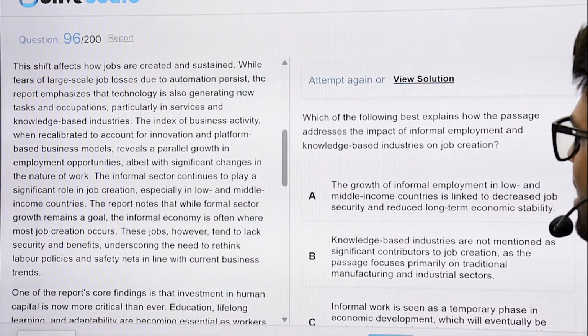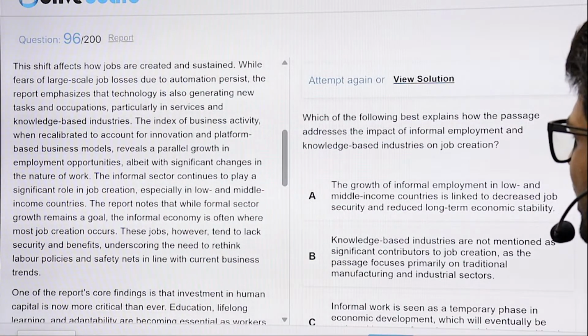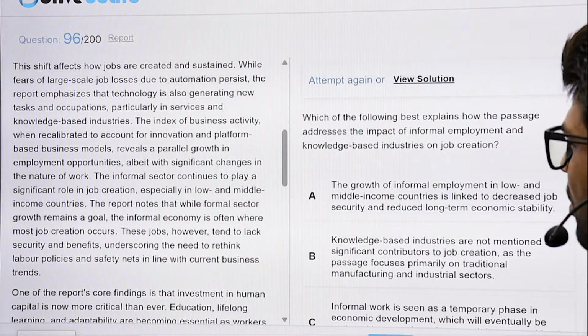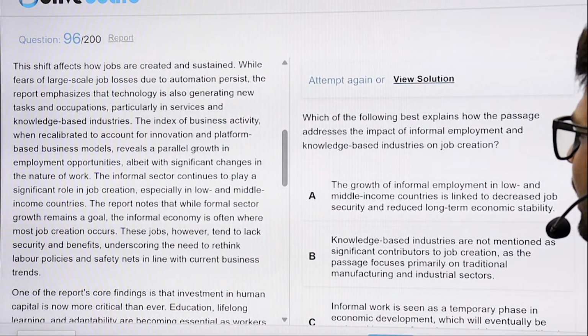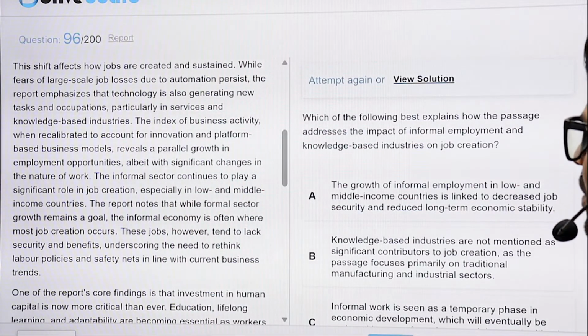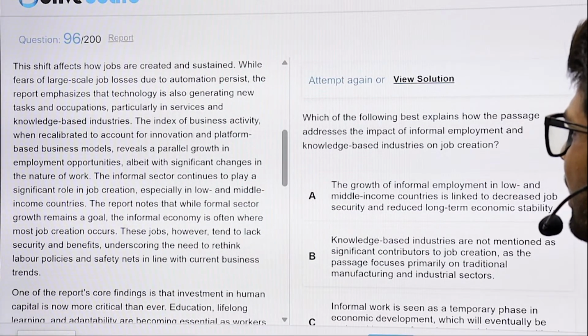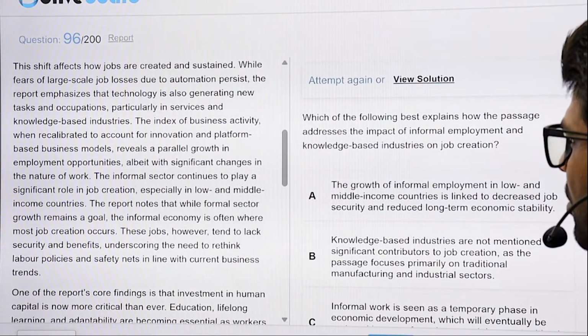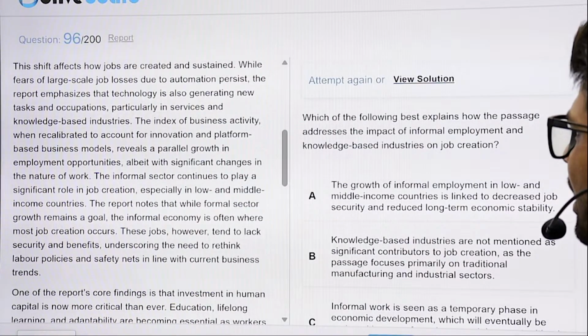This shift affects how jobs are created and sustained. While fears of large scale job losses due to automation persist, the report emphasizes technology is also generating new tasks and occupations, particularly in services and knowledge based industries. The index of business activity, when recalibrated to account for innovation and platform based business models, reveals a parallel growth